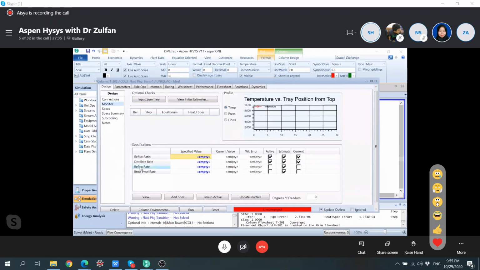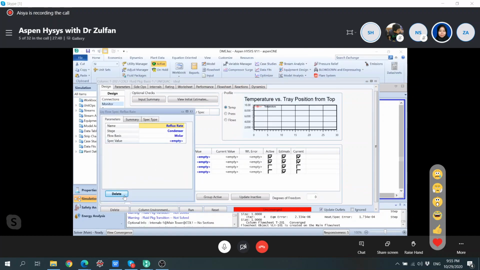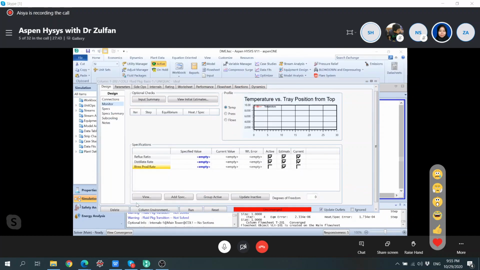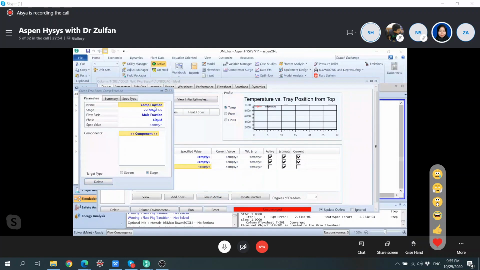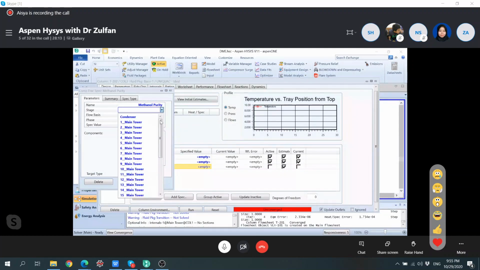Let's do that. This can delete. How do we delete? And you can add one component fraction for the purity. And which component fraction? In this case, you want to recycle the methanol, right? So you want to have pure methanol back into the reactor, because we don't want to have water into the reactor. It will take up some space, right? So we need to have the methanol as pure as possible. Methanol is